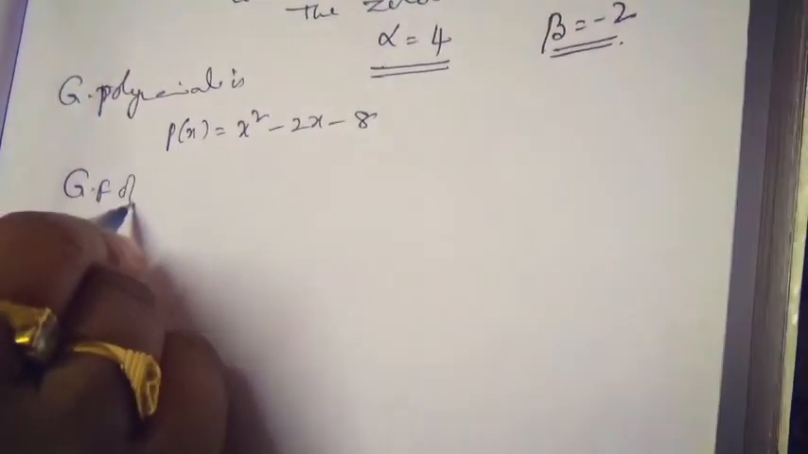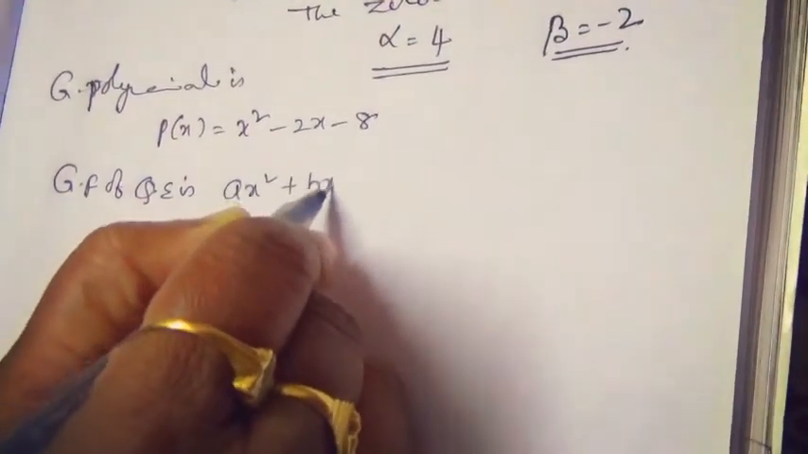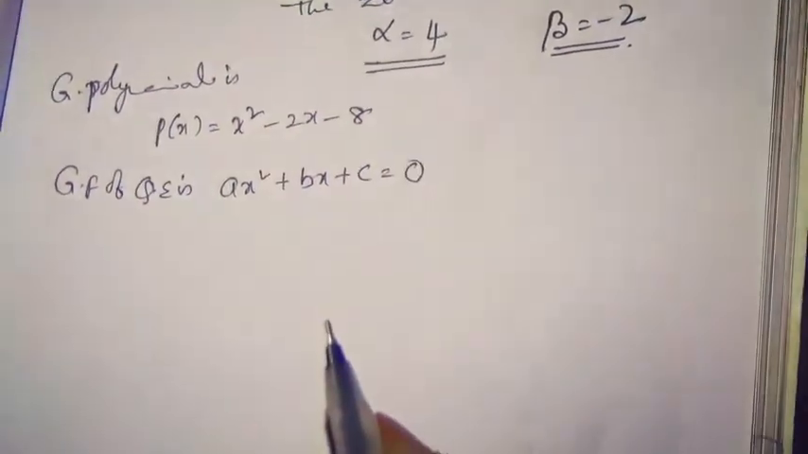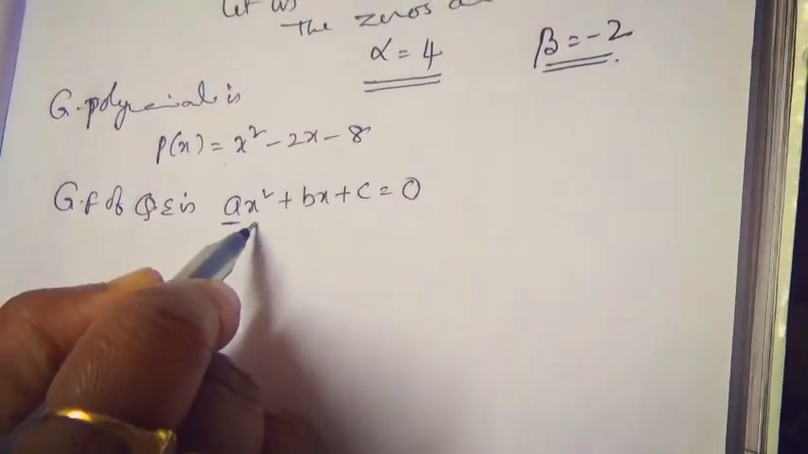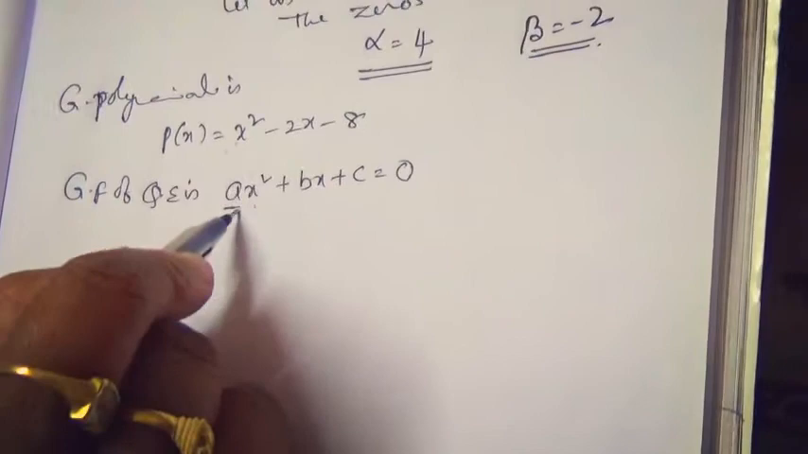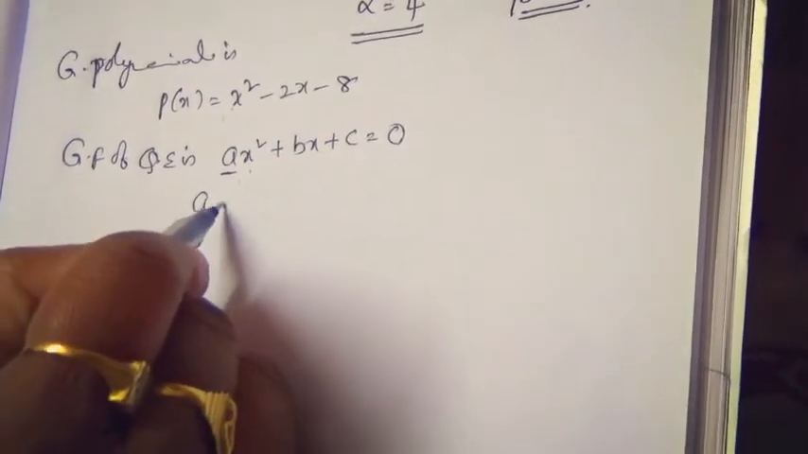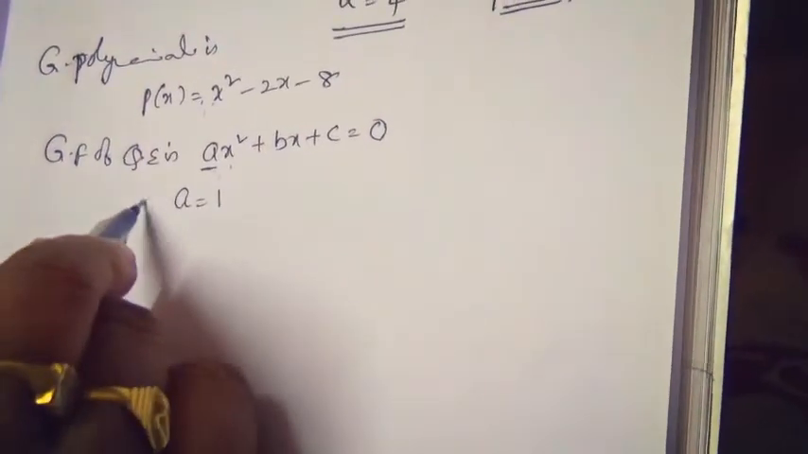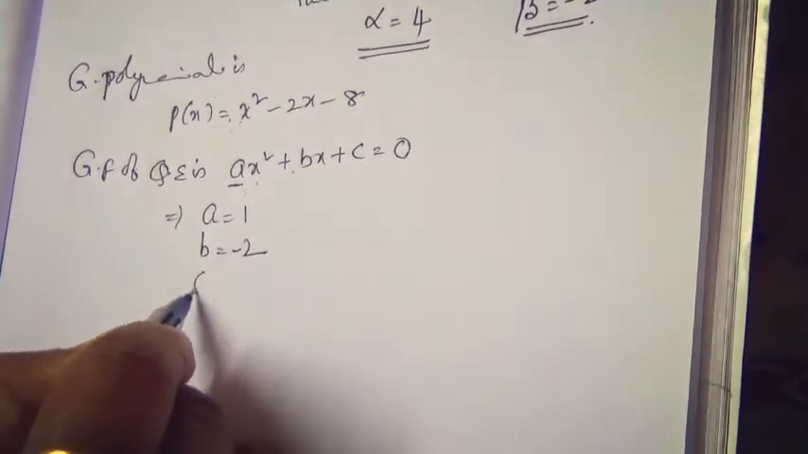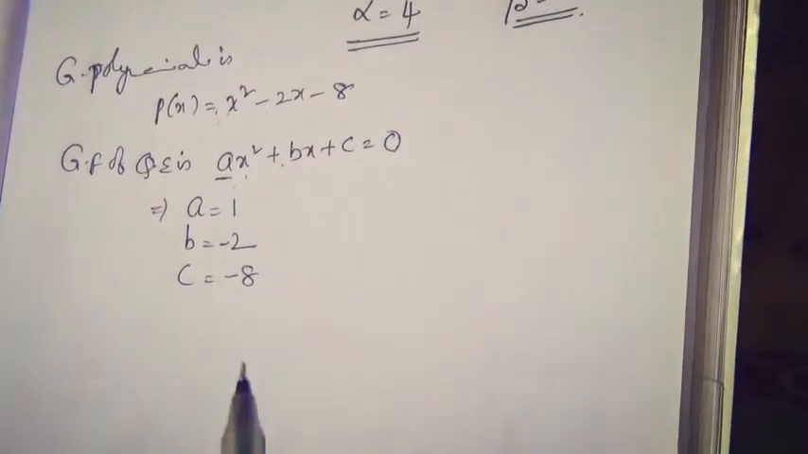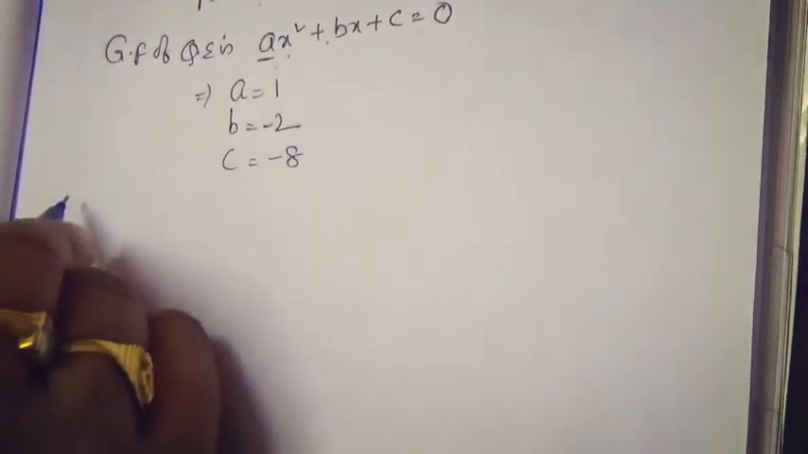The general form of a quadratic equation is ax square plus bx plus c is equal to 0. What is the coefficient of x square when you compare this with the general form? So what is the value of a? a is equal to 1. b is equal to minus 2, in the place of b there is minus 2. In the place of c we have minus 8. Now you just verify the relationships. Okay, firstly,